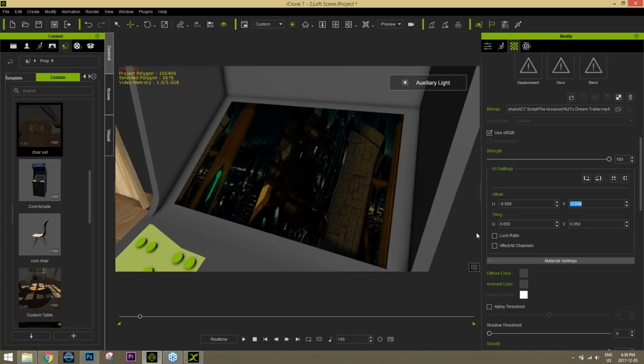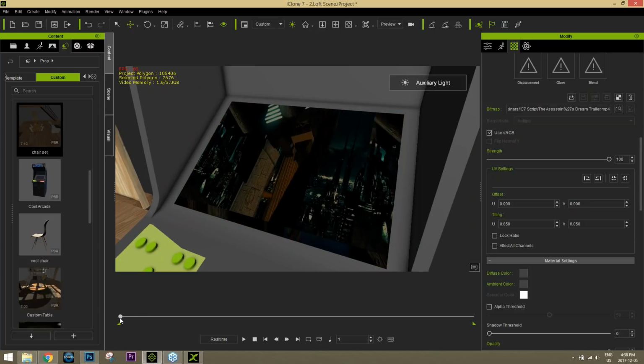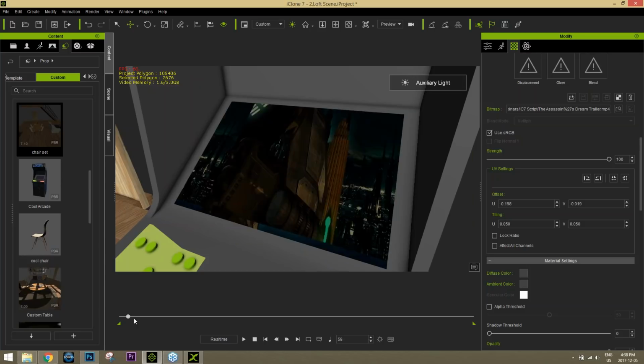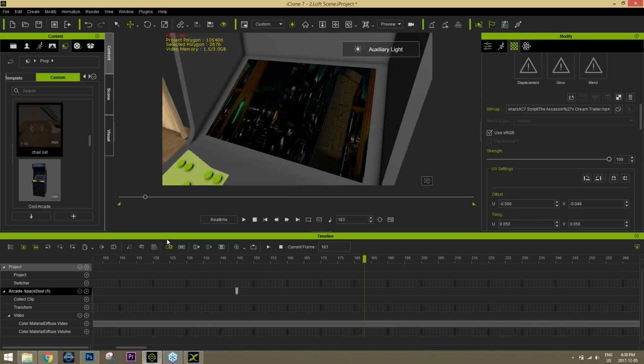Now, unfortunately, what I've done here is you notice that the offset and the tiling are green text. And green text means that you can animate it. So if I move down here to frame 0, you notice that the offset at frame 1 is different; the offset actually moves. The way you can adjust this is to press F3 to go into your timeline here, and I'm going to go to my arcade space tool right here, and under video, what we need to do is